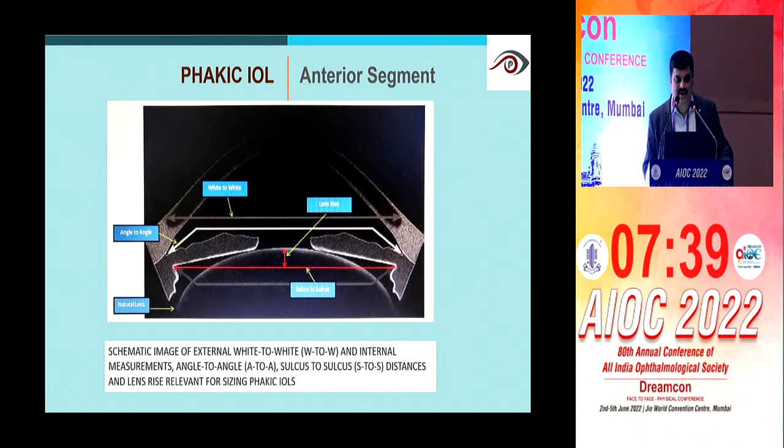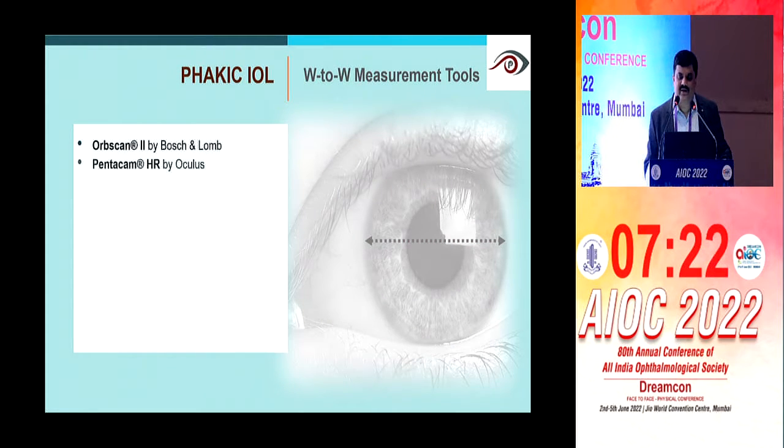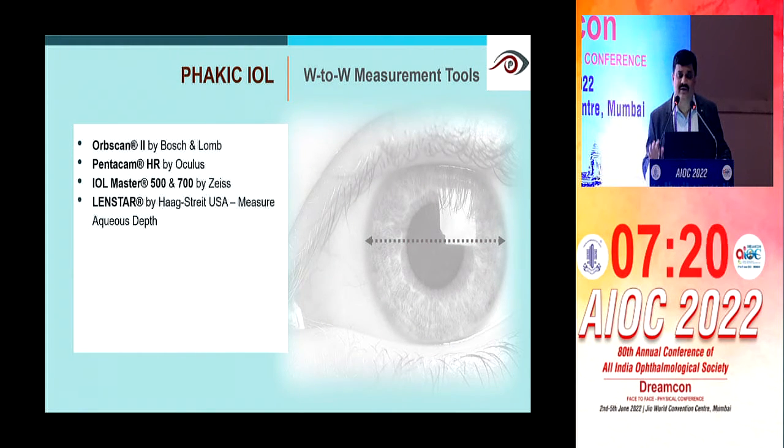This is the schematic image of the external white to white and the internal measurements, angle to angle and sulcus to sulcus distance, and the lens size relevant for sizing of the phakic IOL. This is very, very important. There are different tools available in the market. Once again, I am touching on how to measure the white to white. I think the older version of Orbscan used to give fantastic results. Pentacam gives it, IOL Master 700,